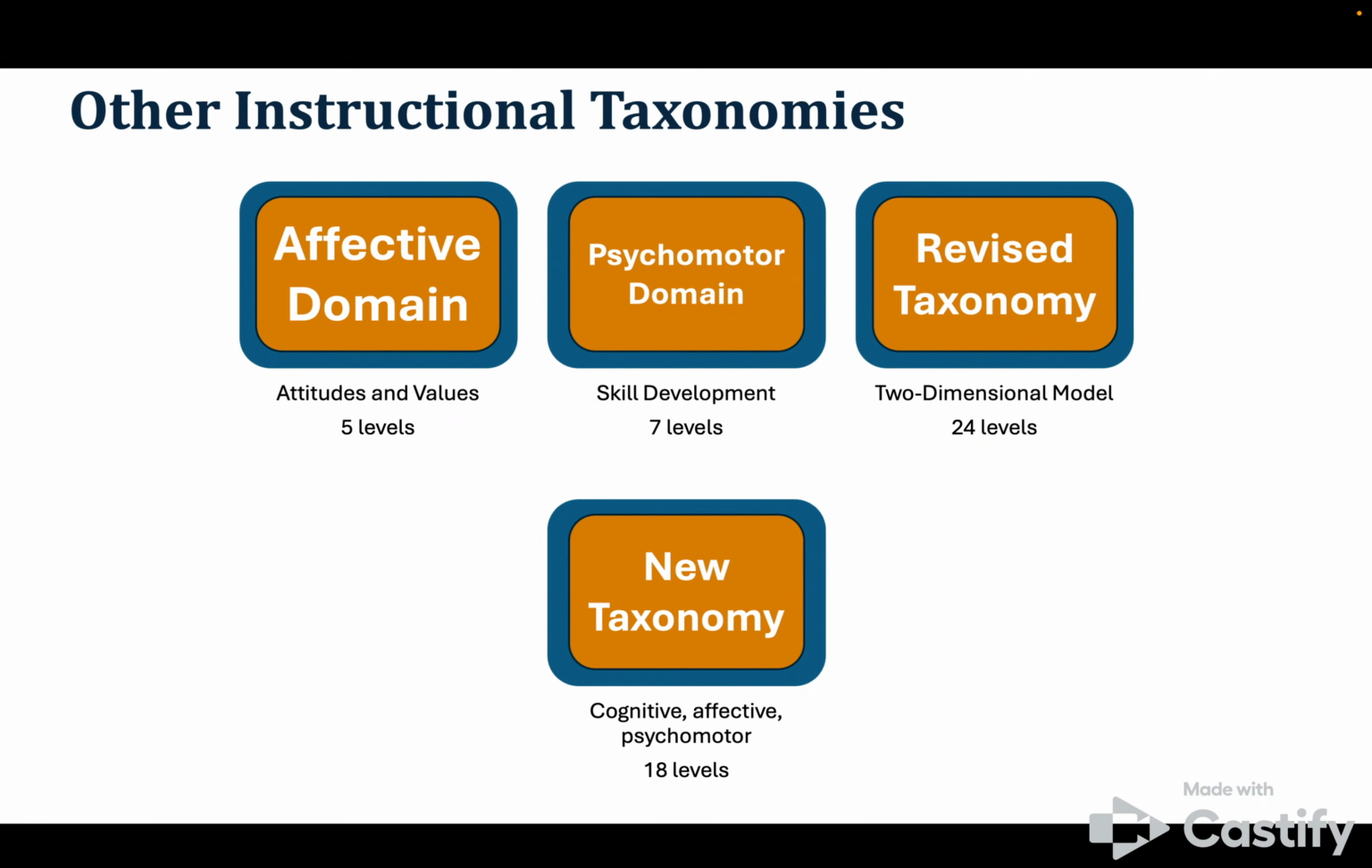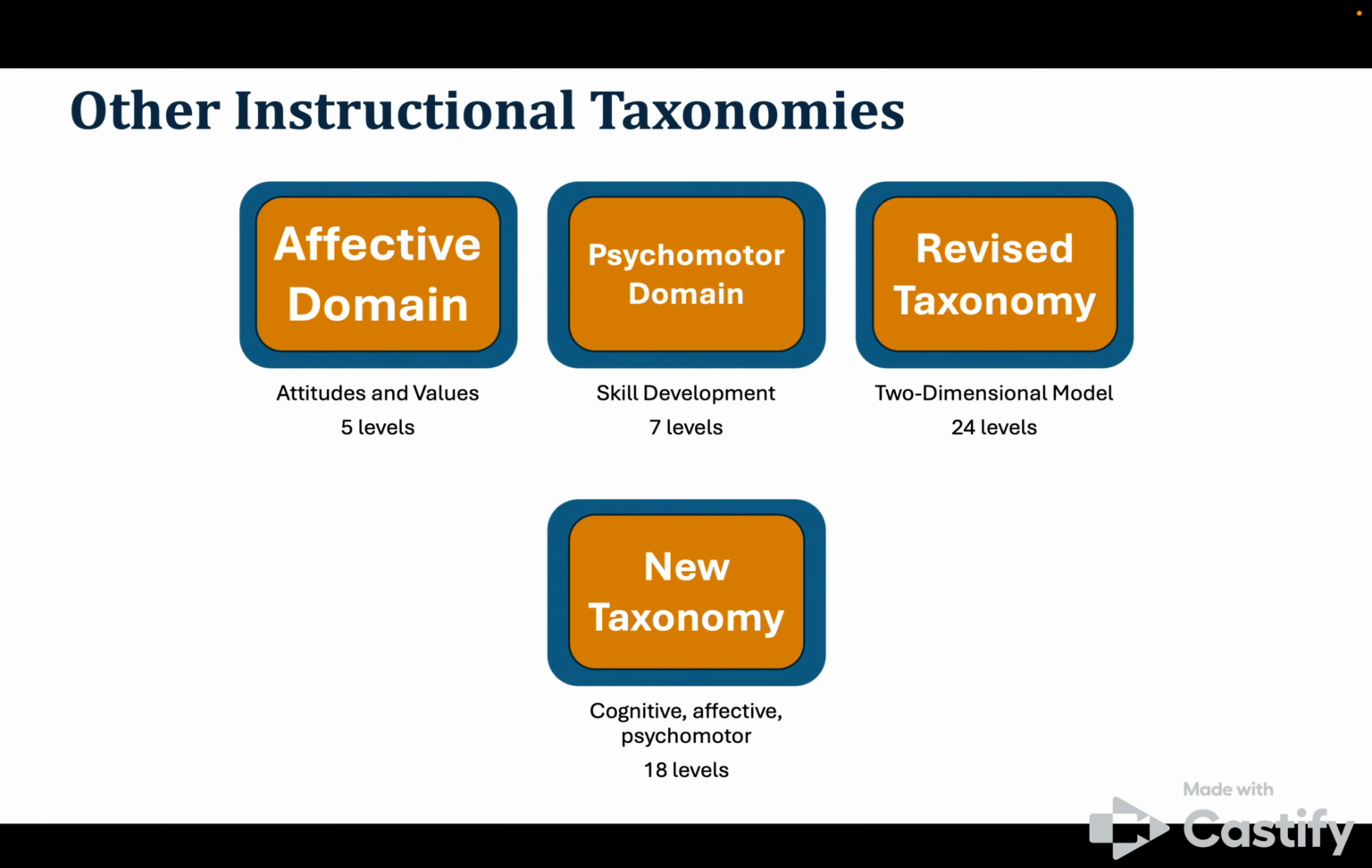Next, the psychomotor domain was developed in 1972 by Elizabeth Simpson. The taxonomy focuses on physical skill development. It emphasizes movement, accuracy, integration, and coordination. It includes 7 levels of learning. Next, we'll look at the revised taxonomy, which was developed by Anderson and Carthwall in 2001. This version uses a 2-dimensional model with 4 levels of knowledge and 6 cognitive levels, creating 24 possible levels of